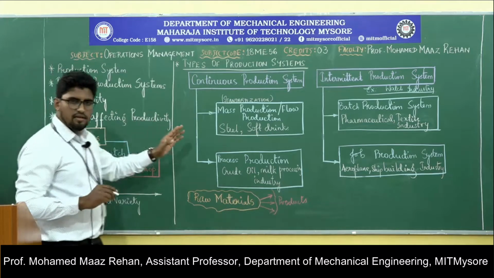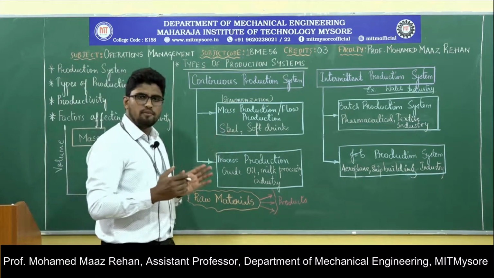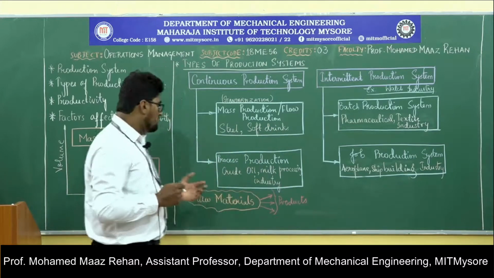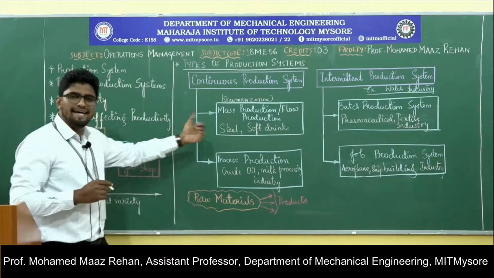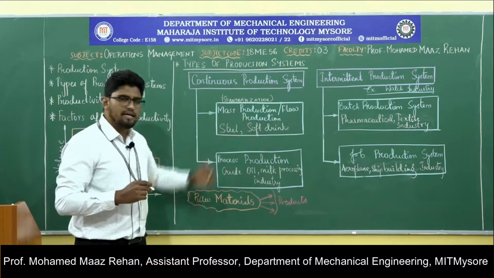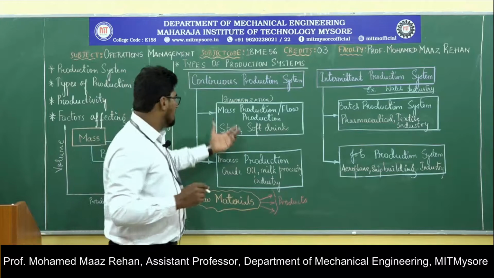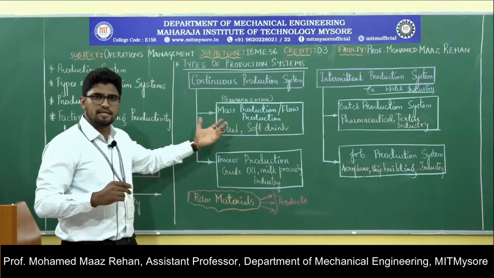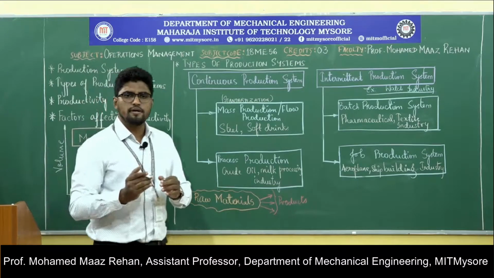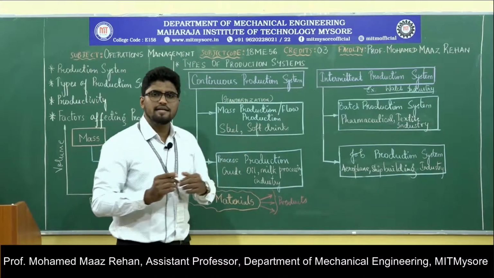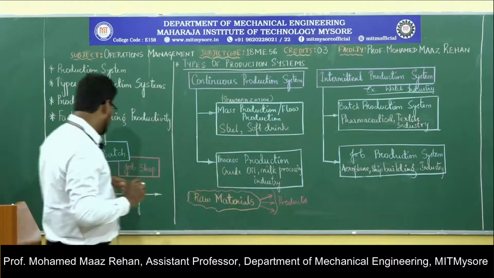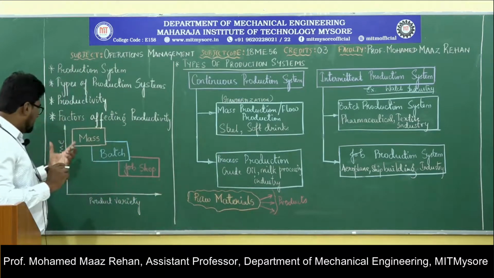So basically here the processing machines are interrelated and interconnected. If we want to change a product, the entire layout we need to change. That is one of the biggest disadvantages in case of a mass production system. So if we want to change a product, the entire layout we need to change it in case of mass production system.